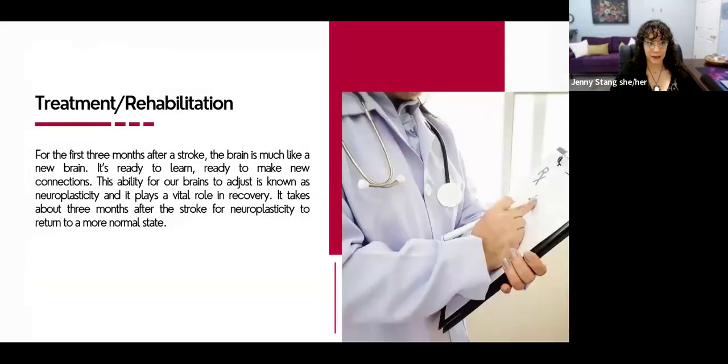So how do we treat it? Rehabilitation and support of a survivor, the type that they get, can greatly influence their health outcome and their recovery. Too often I see people say, well, mom had a stroke, and they don't do any rehabilitation. They don't need treatment. They just deal with the aftermath. And sometimes that's unavoidable, and I understand that. But oftentimes, if you speak with the doctor, they will suggest some sort of treatment or rehabilitation to get your loved one back to as close to what they were prior to the stroke as they can.